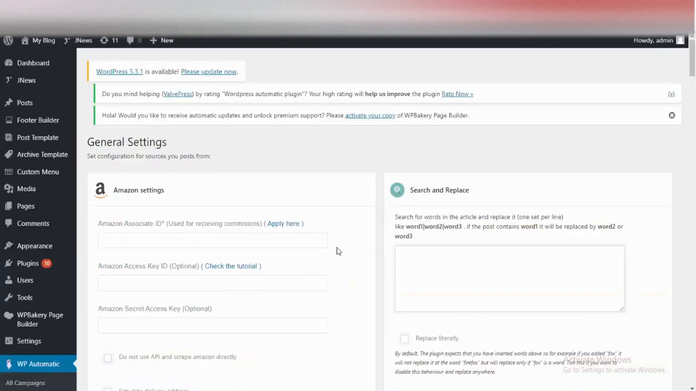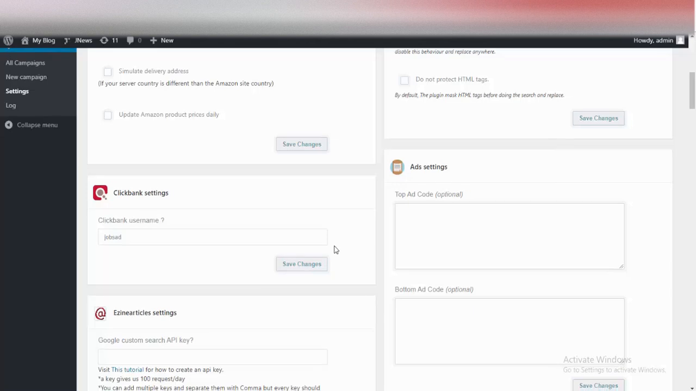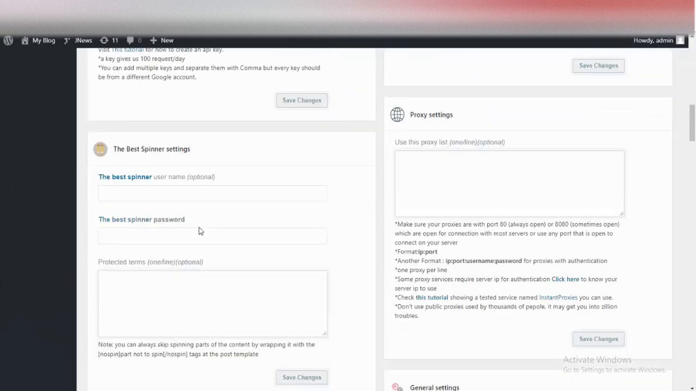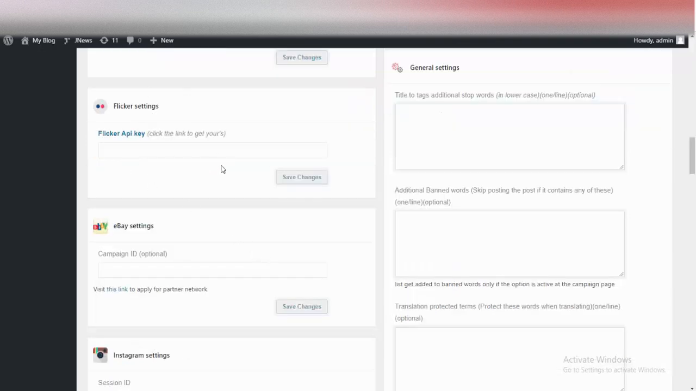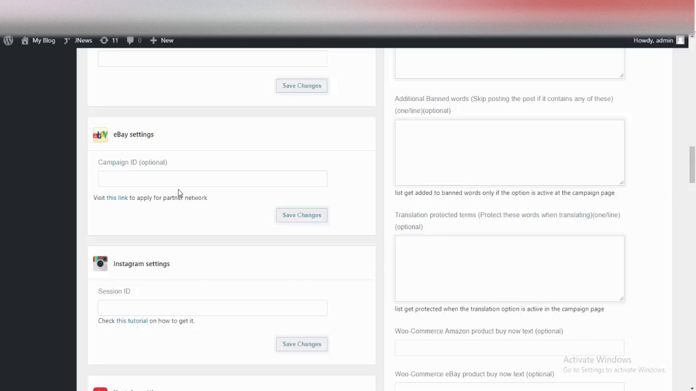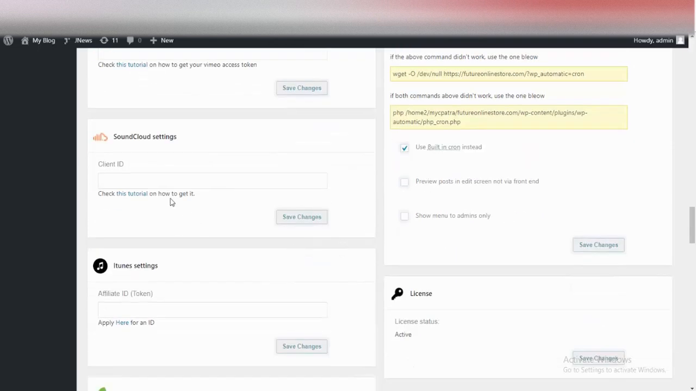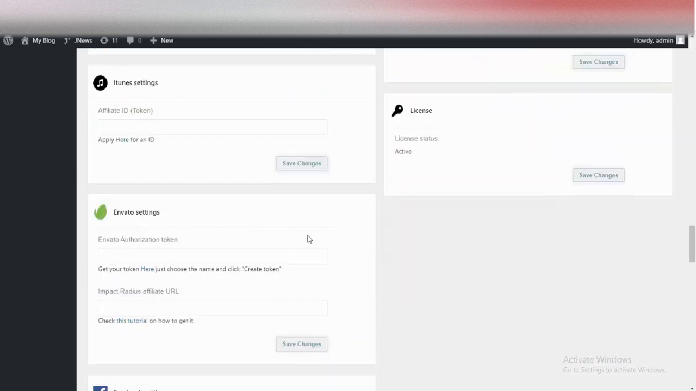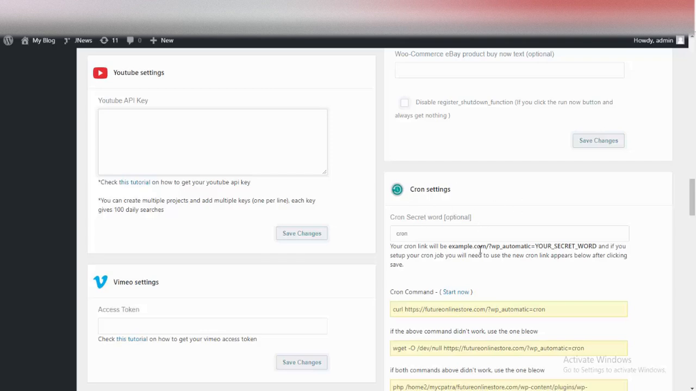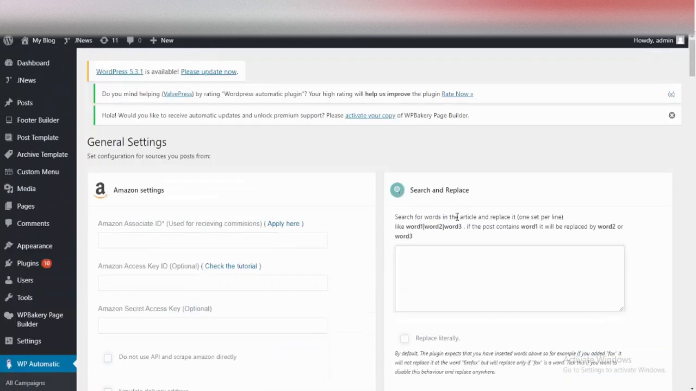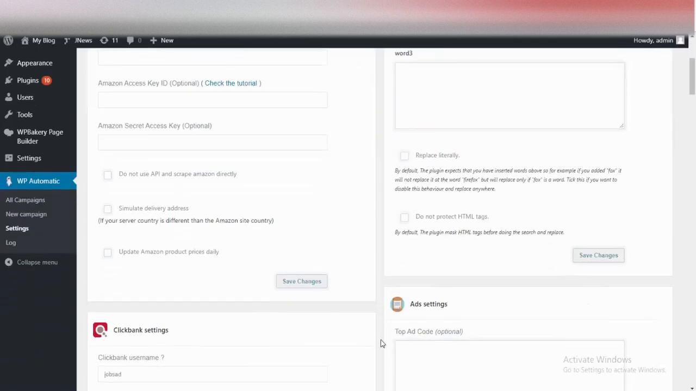In this tutorial I am showing you how you can make an automated website for Clickbank. But with this plugin you can make an automated website for Amazon, design articles, even do spinner settings, Flickr, eBay. You can make an affiliate website for eBay with this plugin, Instagram, YouTube, Vimeo, SoundCloud, iTunes, Envato, and you can do current setting here, general settings, proxy settings, ad settings, search and replace. There are a lot of functions, but in this tutorial we will learn how we can make a $1,000,000 profit